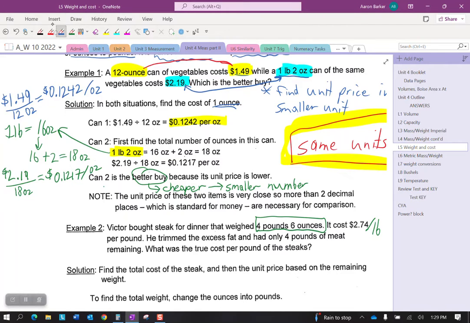However, there's some fat on that. The butcher wasn't very good. And when he trimmed off that excess fat that he didn't want, there was only 4 pounds of meat left. What was the true cost per pound of the steak? Okay. Stores and restaurants want to know this because then they can figure out which supplier they should go with. Okay. So,